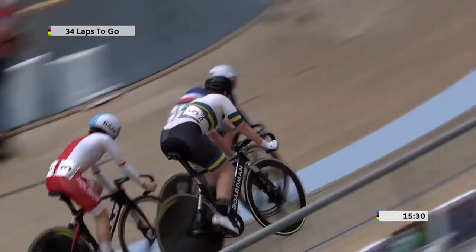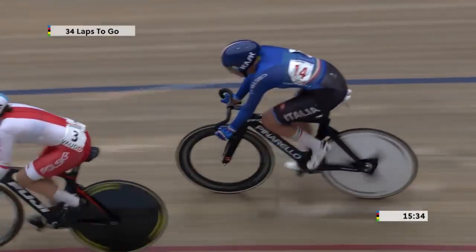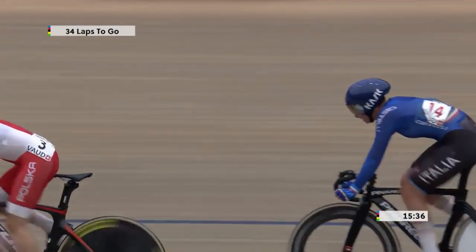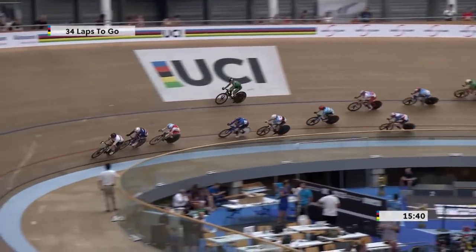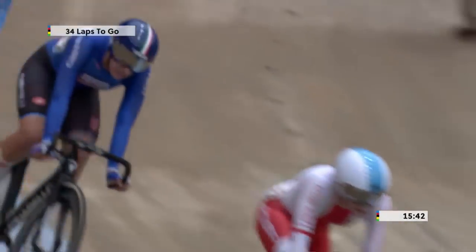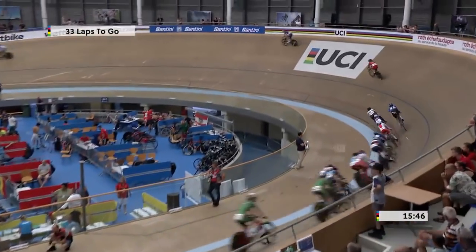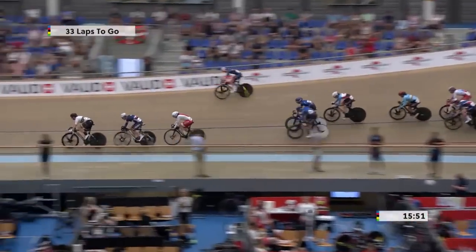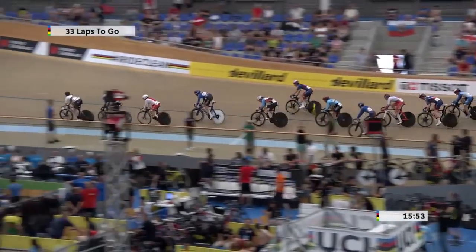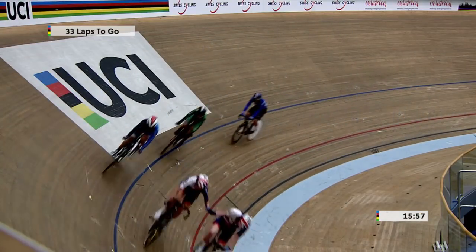How do you gauge the whereabouts of your teammate? Obviously, you're looking around the track, but you need to time your move down to make the hand sling at exactly the right moment, don't you? Yeah, that's years of training. It's true that first you learn to give a good relay, and the basis of the Madison is really to be able to give the relay before knowing where you're going to give it. It doesn't really matter if you give a relay in the curve or in the straight, but when you have some experience and you see the best teams, they will take